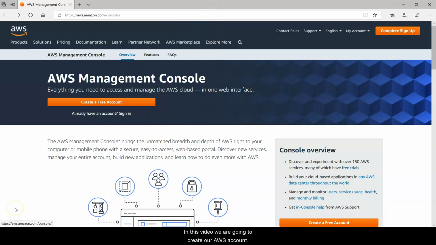In this video, we are going to create our AWS account. And in order to do this, please go to this link, https://aws.amazon.com/console. And on this link, click on the button create a free account. I just clicked that,